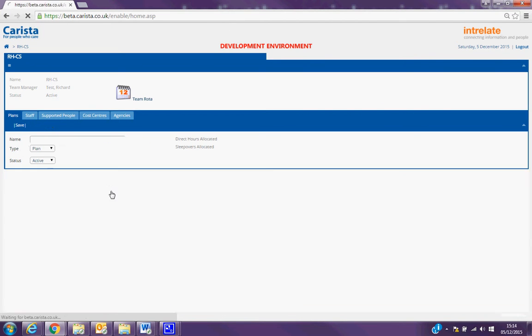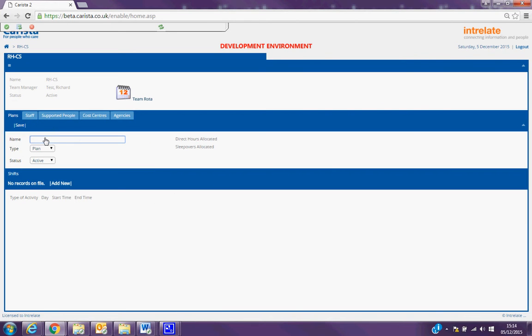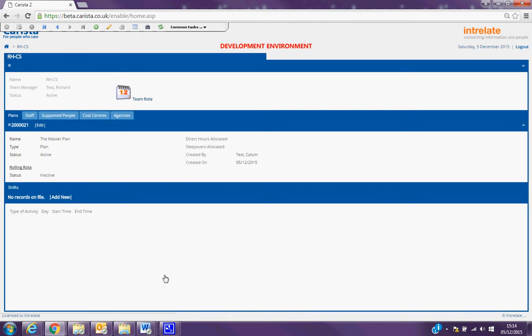So if you click add new, you type in a plan name, so let's say we'll call it the master plan here, and the type, well, it's a plan, it's not a shift or a pattern, so we're making a plan here. Status is active. You can turn them off if you don't want them to be accessible, but this one needs to be active. So you click active there, and you just click the green tick in the top corner,